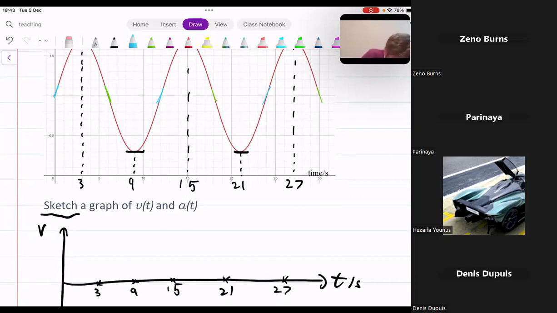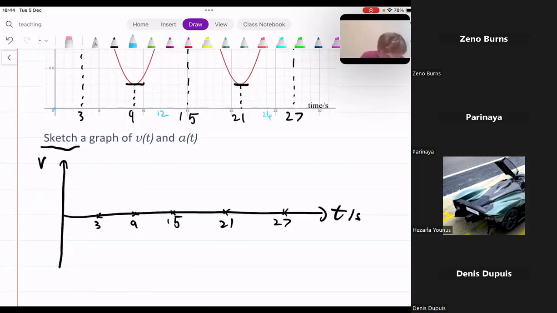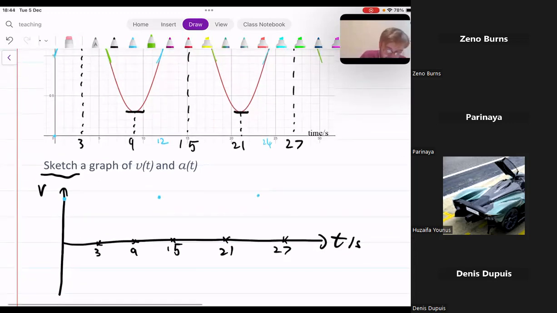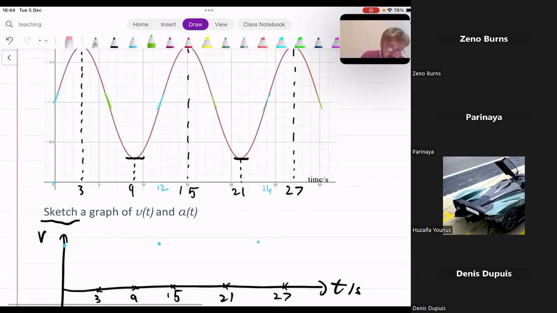So when does that happen? That happens at 0, at 12, and at 24. So it's at a maximum at 0, at 12, which is about here. I'm not going to put on all the numbers. You can if you want to. And at 24, so here. And then where is it negative? Where is it at its maximum velocity, but negative? That happens at 6,